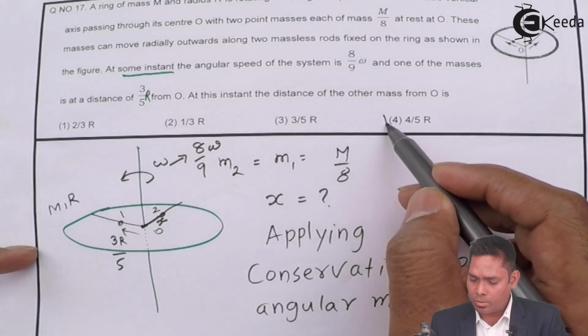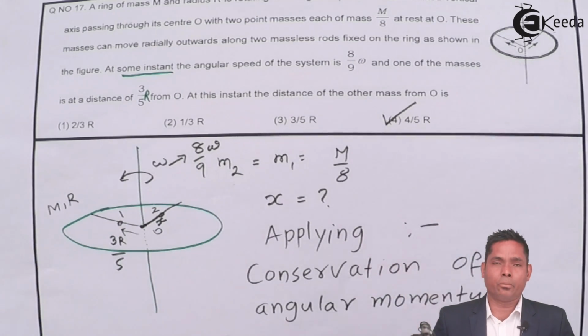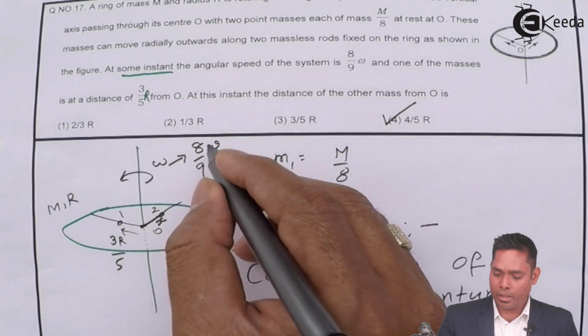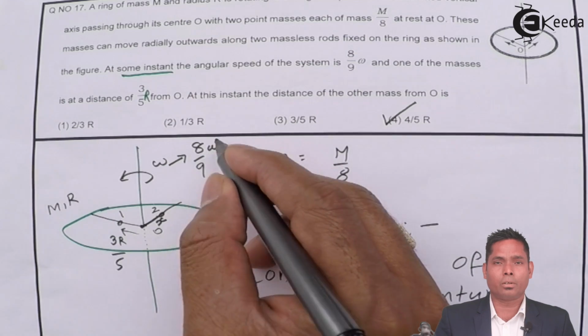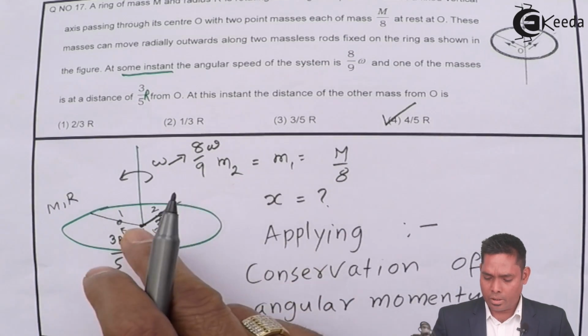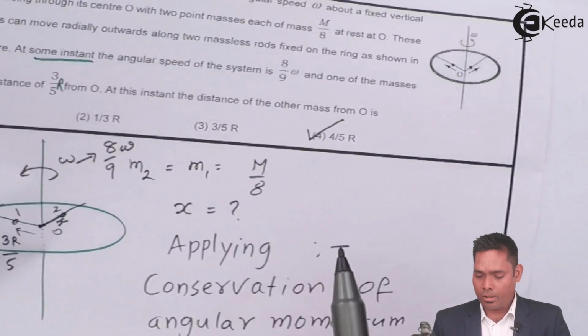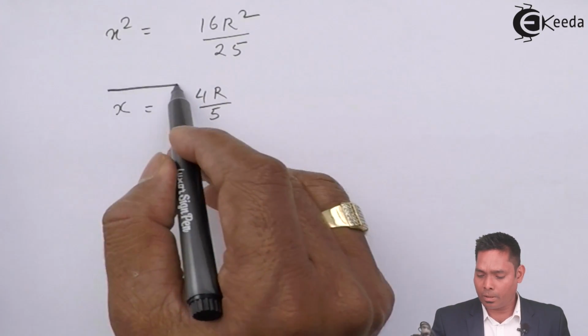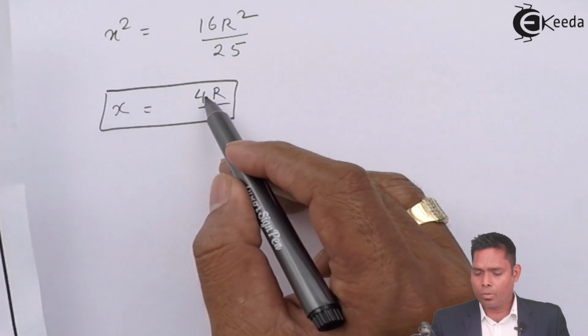So this is the answer to this question. By the time the ring will have omega 8 by 9 times the angular velocity, at that time the other particle will be at a distance of 4r by 5